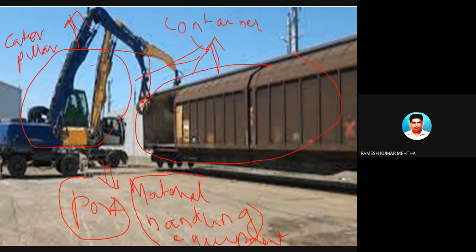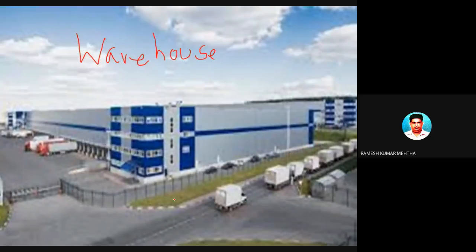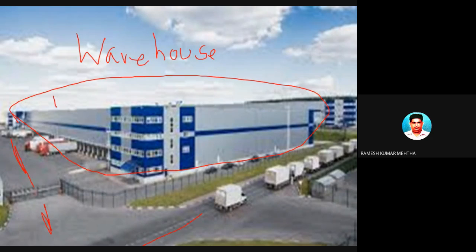Okay. Next one. This is a warehouse. So this is how a warehouse appears. You can see there are proper roads which are used by the trucks to move the goods in and out, and this is the place where the goods are stored or warehoused.